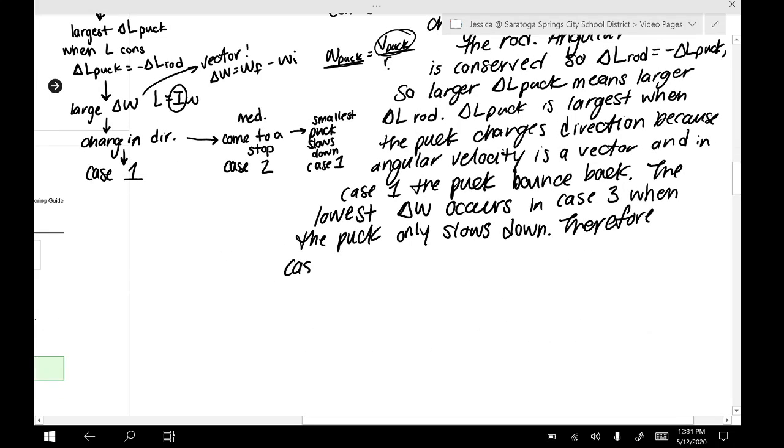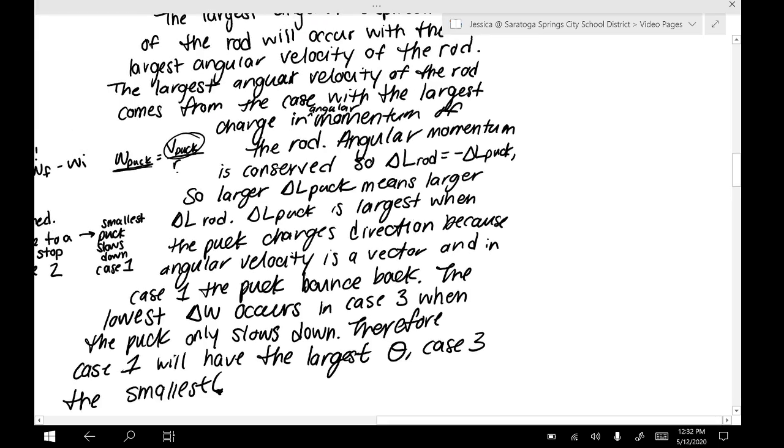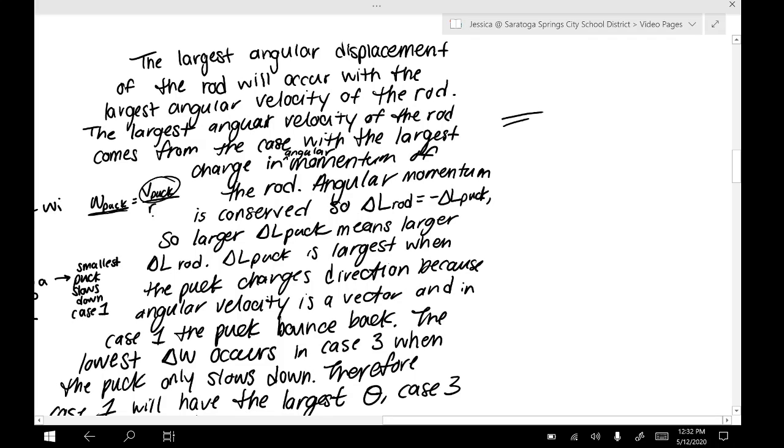Therefore, case 1 will have the largest theta. Case 3, the smallest. Okay. Now, the way we've talked about answering this in class is also talking about how, instead of thinking about a change in angular momentum,